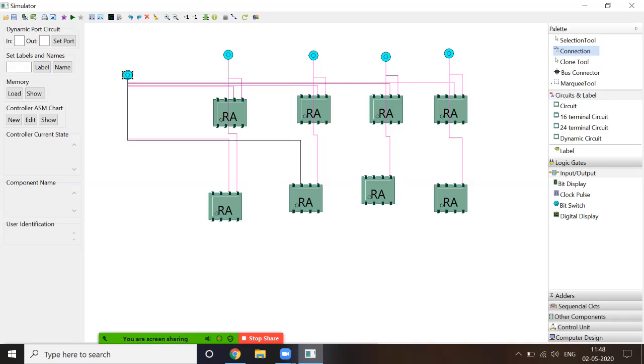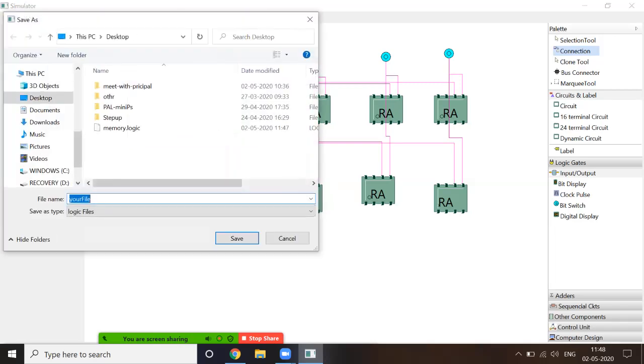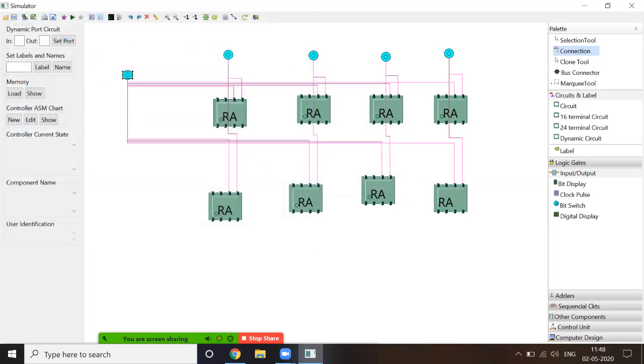So we are connecting over here. Again, we save. So now we have connected this read write pin.